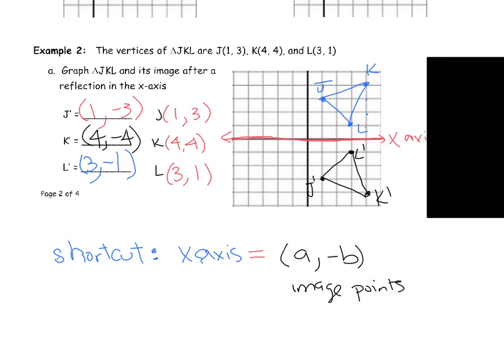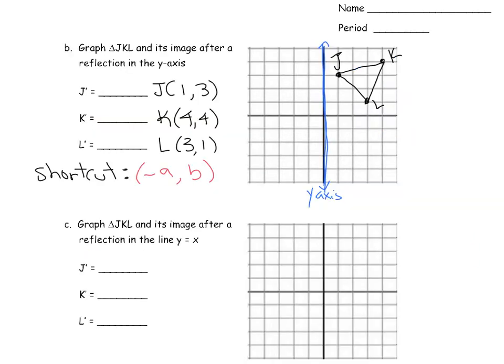And obviously here we can check it ourselves. We see that J prime is at 1, -3, K prime is at 4, -4, and L prime is at 3, -1. So you can see that this shortcut does actually work. Yay. Alright, so for this next problem, we are going to be now reflecting that very same triangle, JKL, so